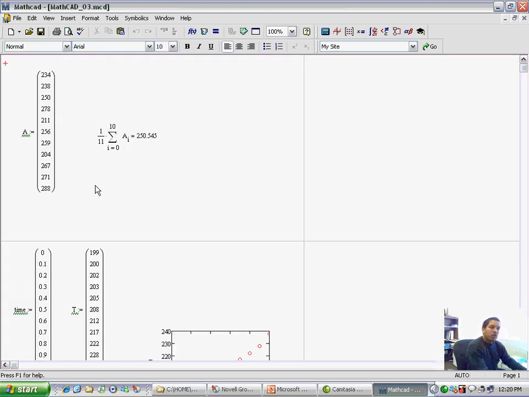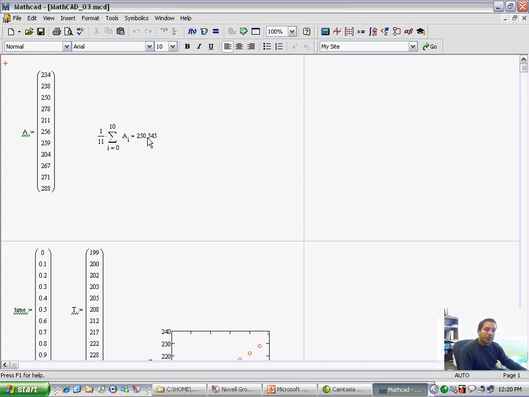Let's go over them. So for example, if you're given a vector A, which is a one-dimensional or a column vector, with some data, that data, let's say, was collected from some experiment, or it shows temperatures of a particular phenomenon or a particular measurement, but we have to perform some statistical analysis over this data. We know that the formula for average is, well, we have a vector with 11 quantities. If we add them up and divide by 11, the number of quantities, we should get